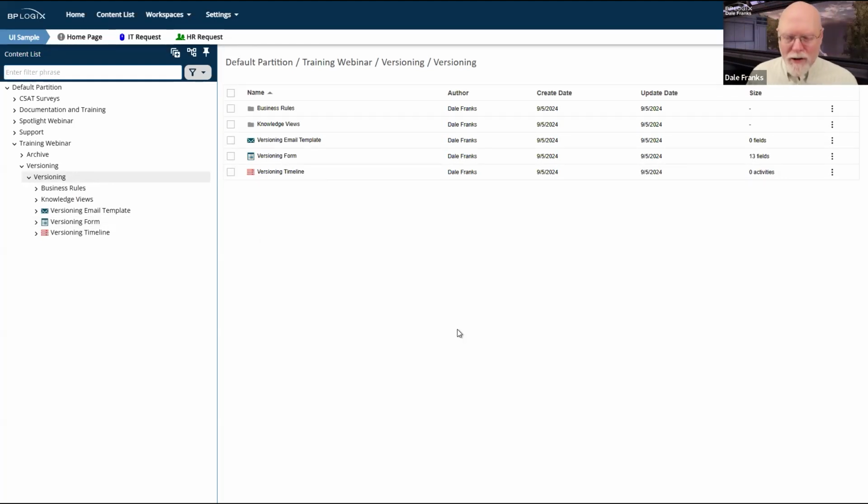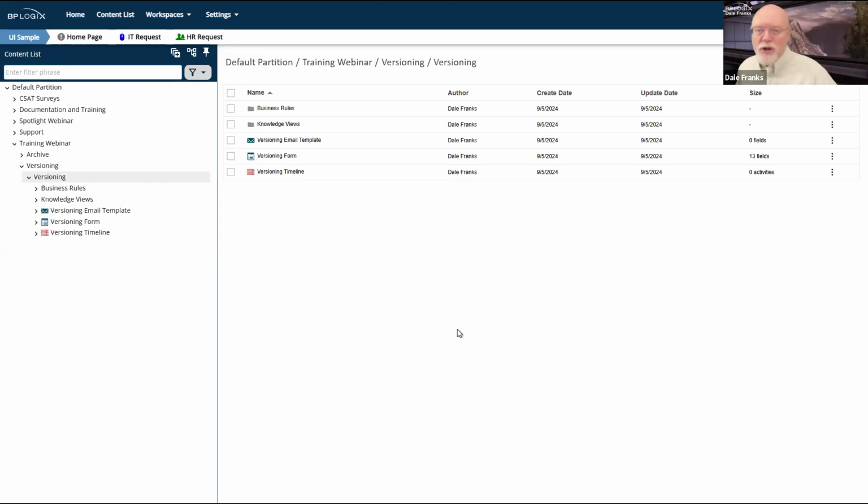I hammer on this all the time. There's a reason I hammer on this all the time, what I'm about to say, because I've seen some of your installations, and I have seen process timeline folders with like 100 process timelines, and then a forms folder with 100 forms, and then a business rules folder with 300 business rules. That's not the most efficient way to organize your Process Director installation. It is certainly not the most efficient way of versioning things.